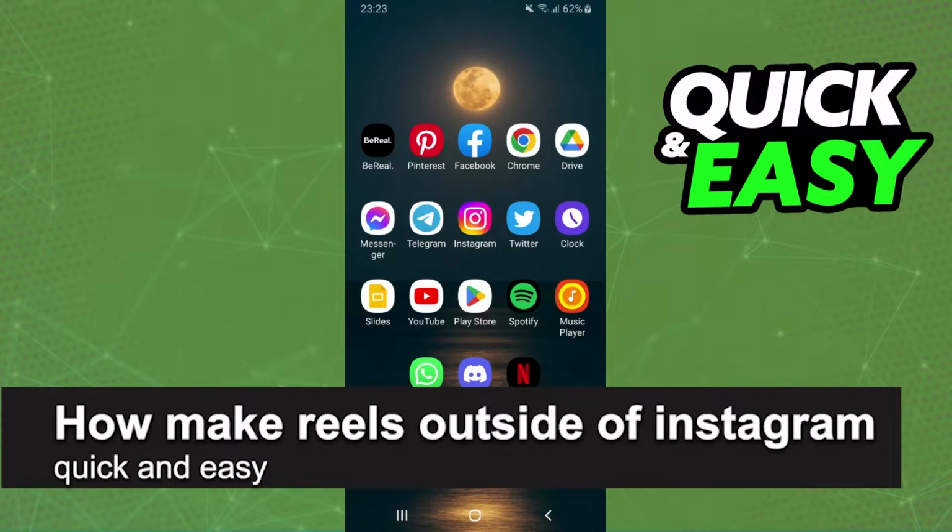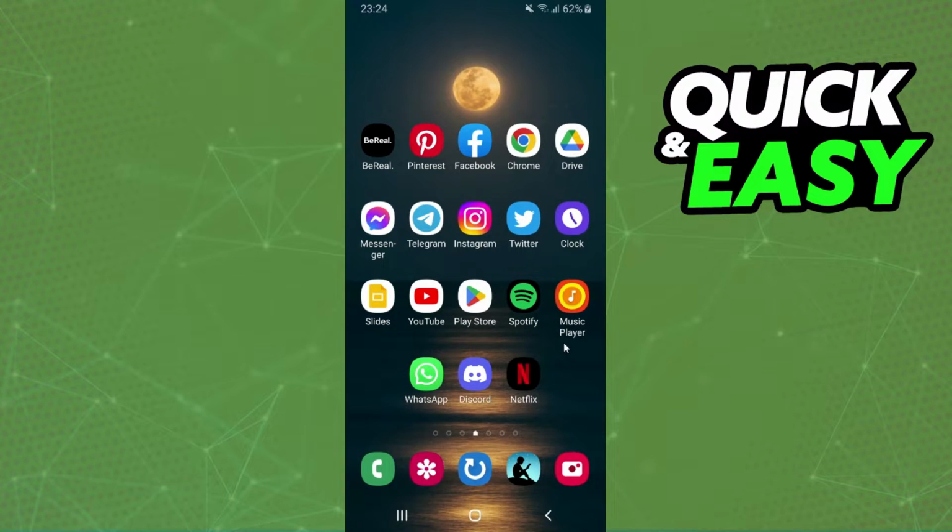In this video, I'm going to show you how to make Reels outside of Instagram. It's a very quick and easy process, so make sure to follow along. First, I will point out that this process works on any device. I'm using a Samsung Android, but you can do the exact process if you are on iPhone and other phone,